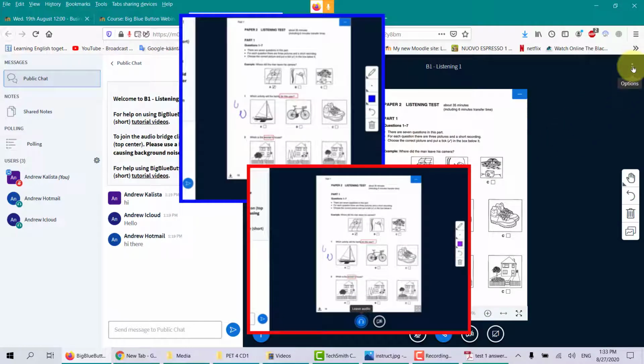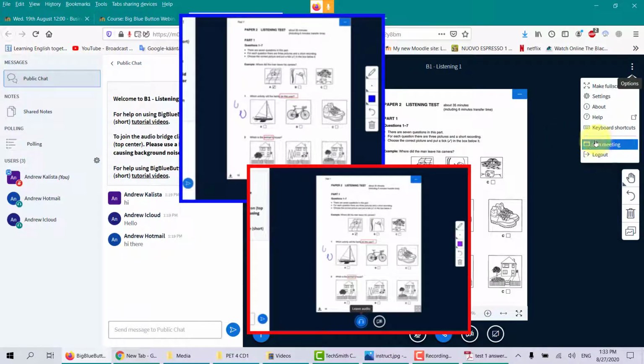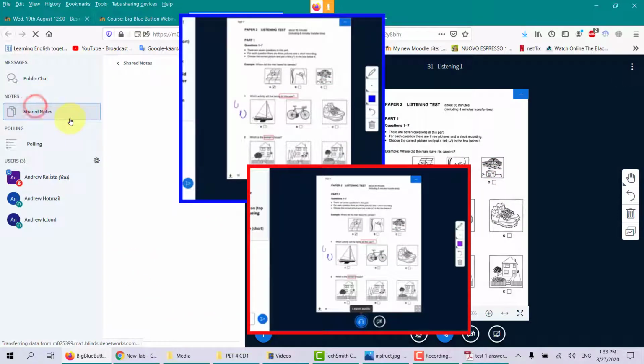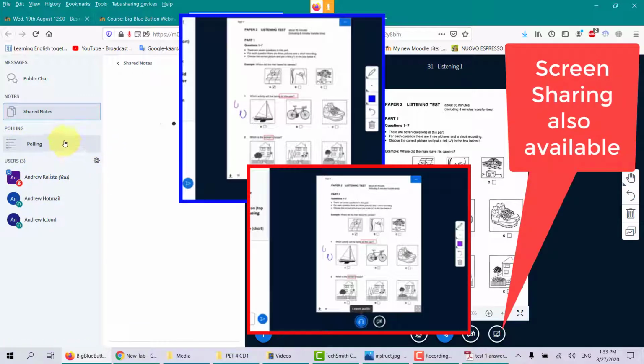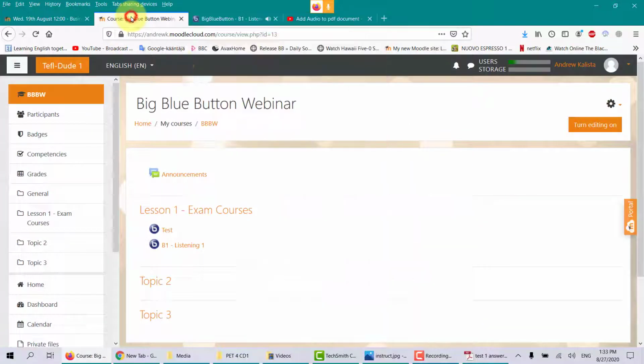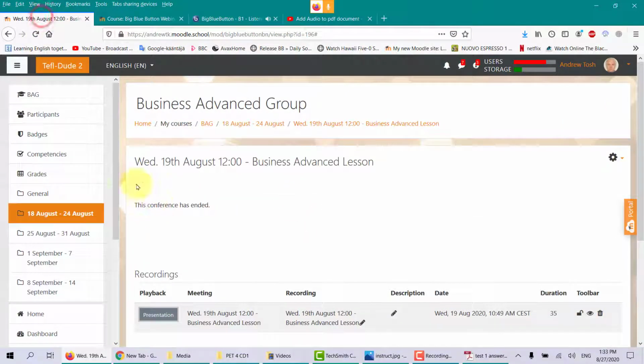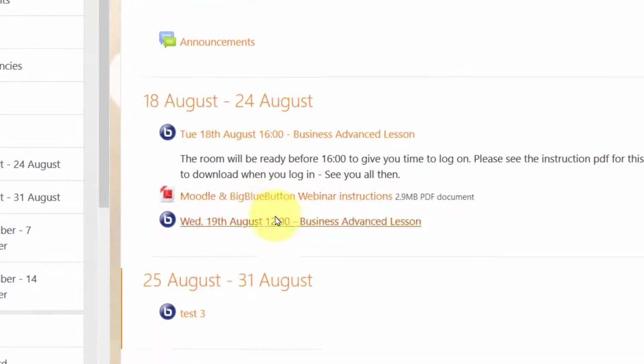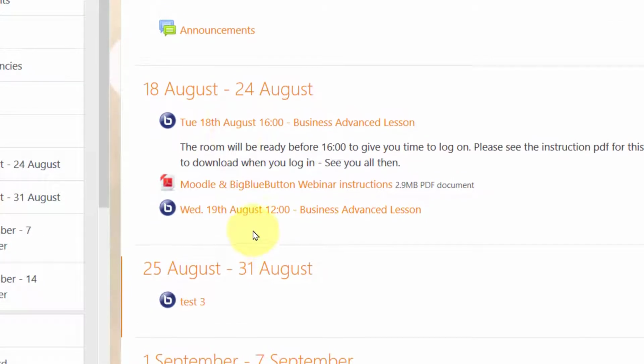So remember, everyone has to log out, end the meeting, and that will end the meeting. And before you go, you can say goodbye, you can send messages, you have shared notes, you have a lot of things, but the main takeaway from this is that you have polling ability. And also, here you can write an essay if you wanted to. Here you can put in essays, as you can see here, for this group. My business group, I put in the Moodle instructions, and